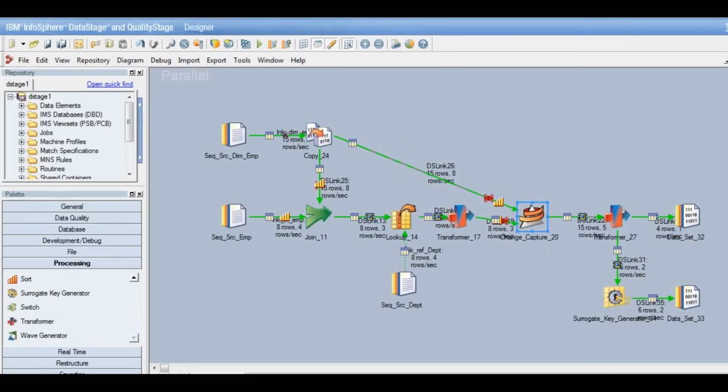This is again the most common job design for the SCD Type 2. We'll also look at some other job designs which are possible for the SCD Type 2 implementation. So we'll look at it tomorrow. So any